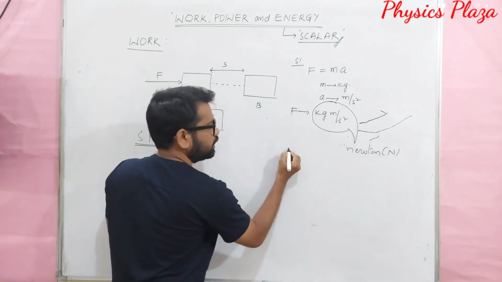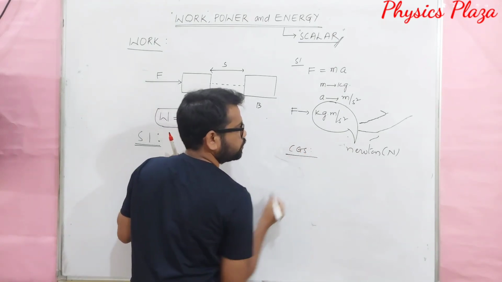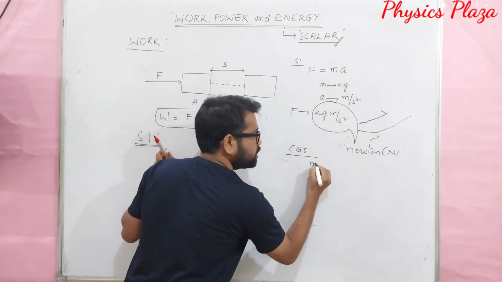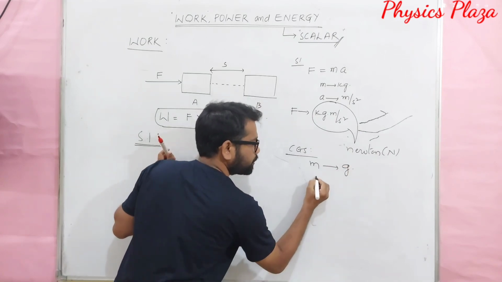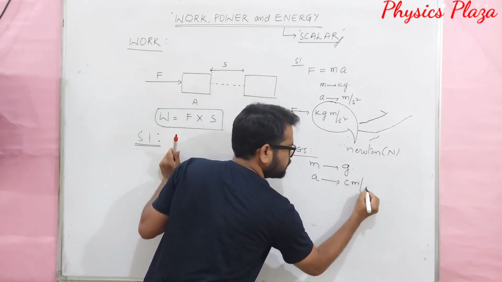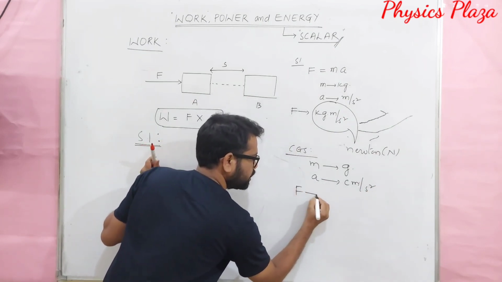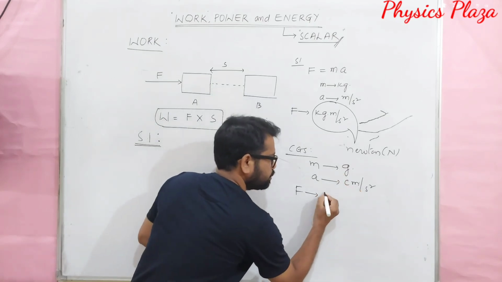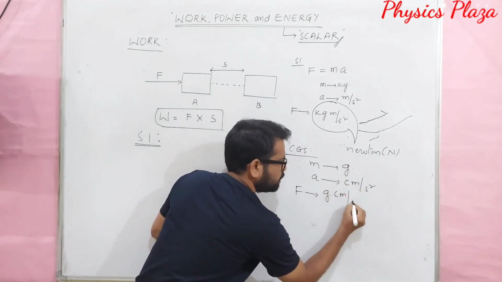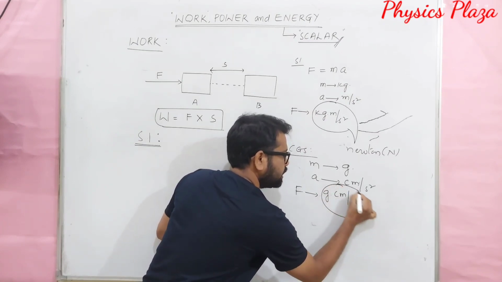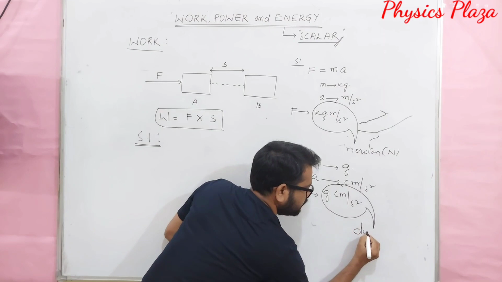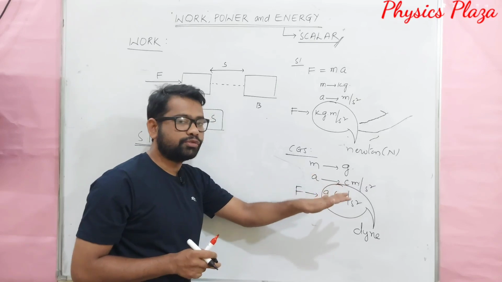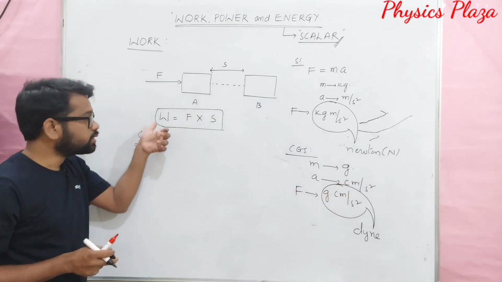Then what about the CGS unit? Let us see the CGS unit of force. Let us take the same formula, ma. Mass is measured in grams in the CGS system. Acceleration is centimeter per second square. So the units of force here are gram centimeter per second square. Very simple, let us not learn this by heart. Children, this gram centimeter per second square we call a dyne. Now these SI and CGS units of force are very useful to write the units of work.